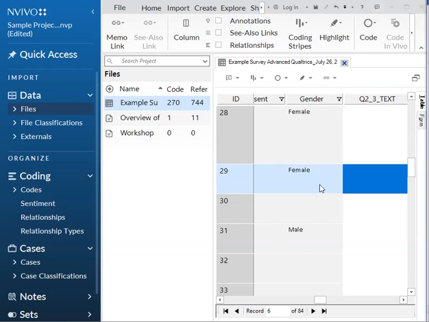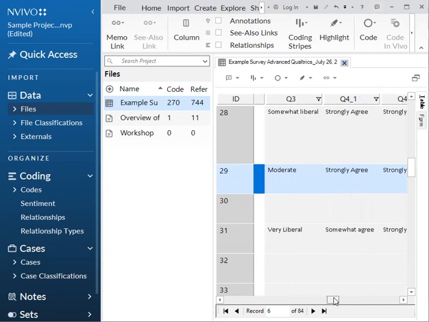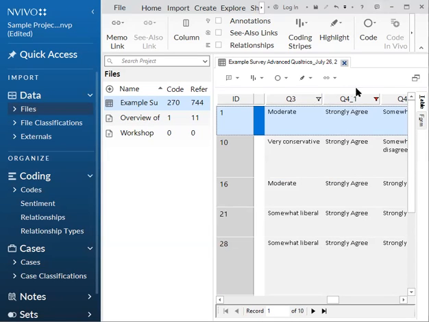You don't have to filter just by demographics. You can filter by any question. So if I only want to look at people that strongly agreed in Q4, but yeah, you can filter by any of the responses. Just make sure the text would match when it's a response from a multiple choice question.